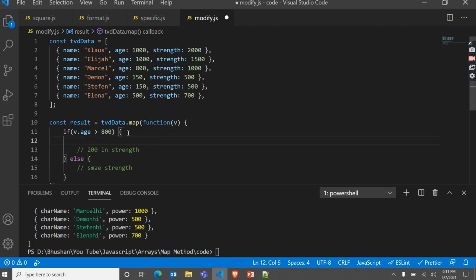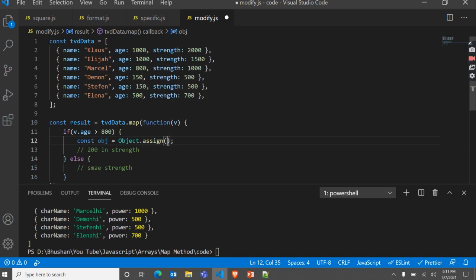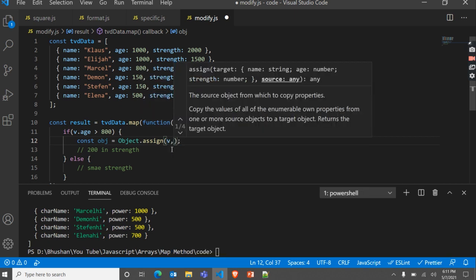We can use Object.assign here to create a new object, and we can override some properties in that object. We have to override the strength property in this v, as we get each object in v.